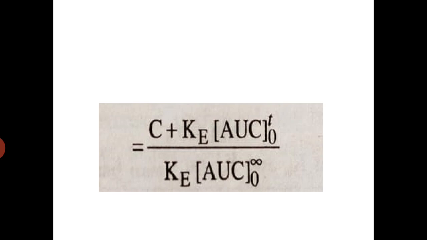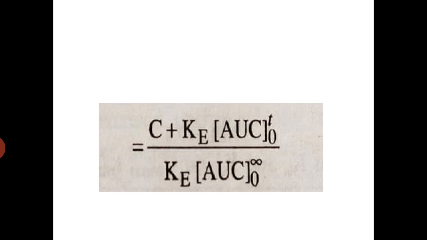That is present, if it is an oral administration, in the stomach, or it is present in the site of administration. Fraction of drug unabsorbed is known as the fraction of drug present in the site of administration. So in case of an oral administration, Xa by Xa infinity gives the fraction of drug absorbed, and 1 minus Xa divided by Xa infinity gives the fraction of drug remaining to be absorbed, or the fraction of drug unabsorbed.